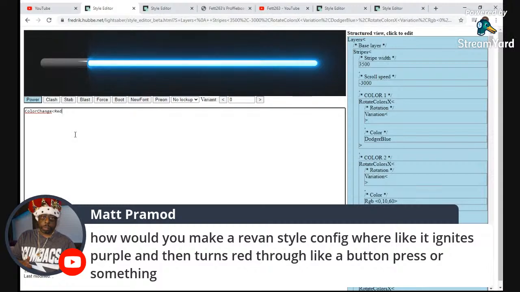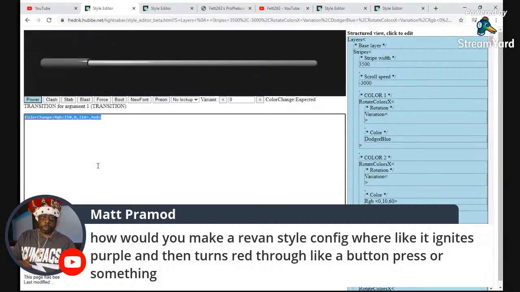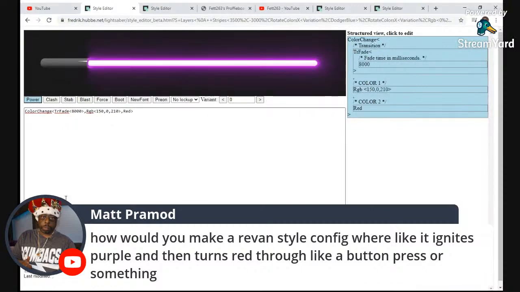It starts purple. I forget my combo for purple. I think it's this one. And this is a super simple start. What did I do? I missed something. Oh, I forgot a transition. Let's say I had a nice long fade to that. So with color change,